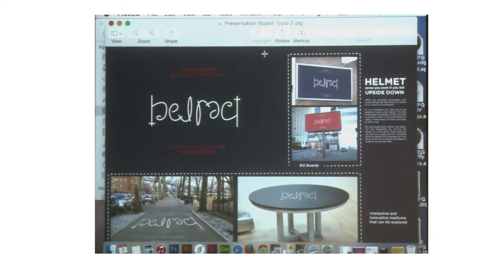I came up with this for a brief in which it was asked to show a helmet wearing a cool act just using typography. So I came up with an ambigram in which I wrote helmet, and I wrote the copy as "saves you even if you fall upside down." If you print it on the road, then from one side you have helmet. If you come from this side, it says it saves you even if you fall upside down.